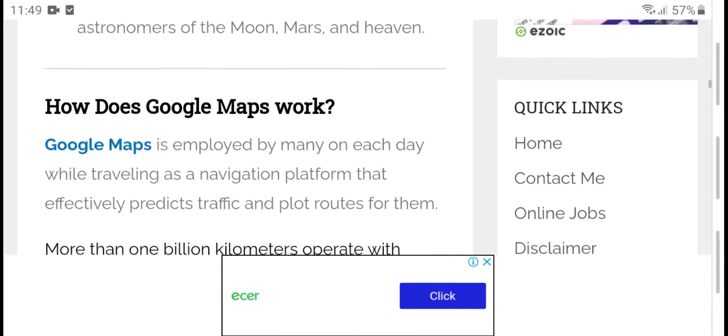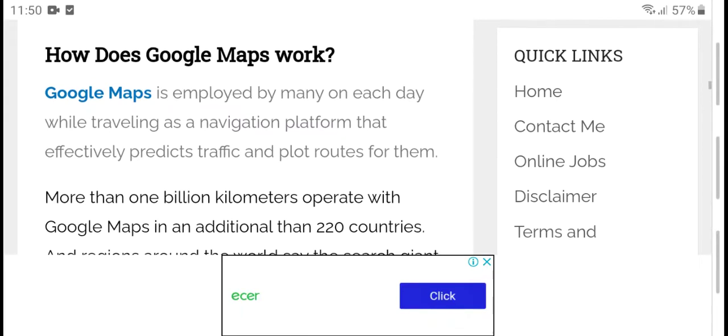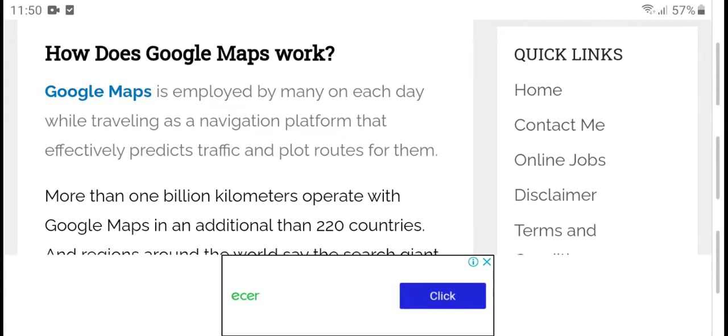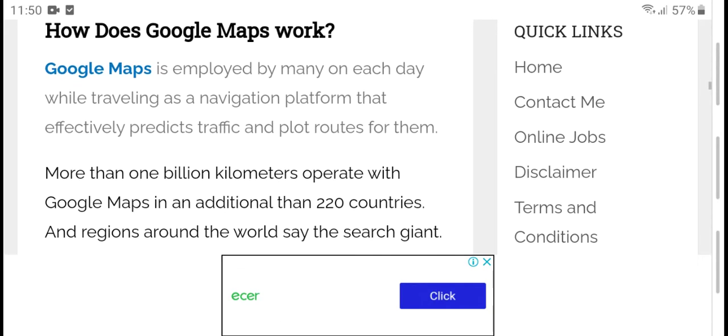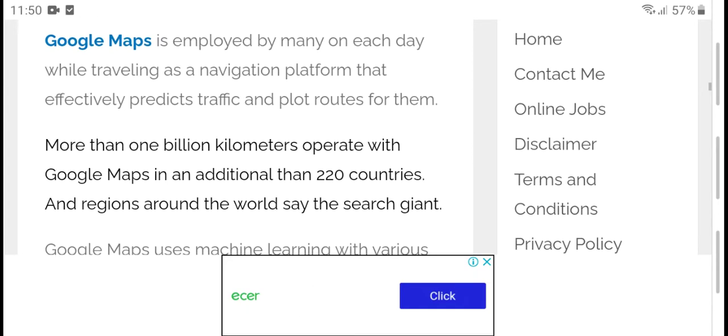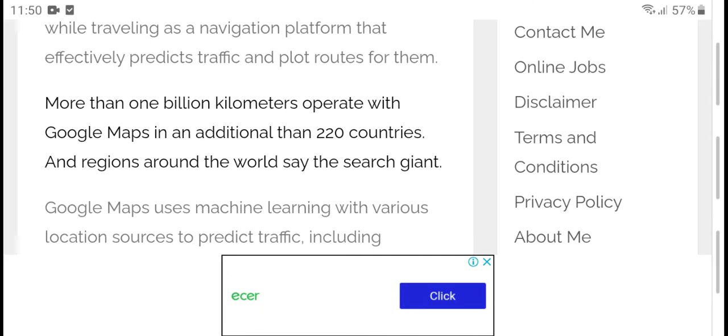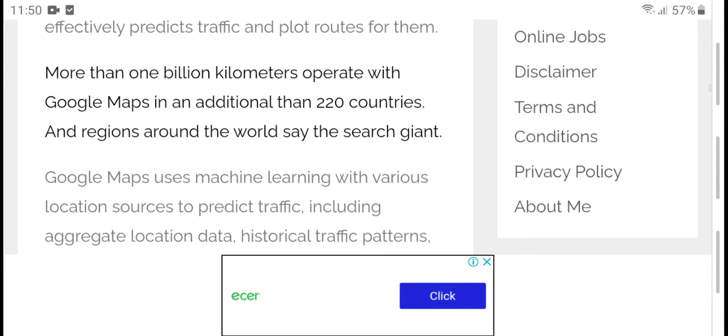How does Google Maps work? Google Maps is used each day by travelers as a navigation platform that can easily predict traffic and plot routes. Billions of users use Google Maps around the world.